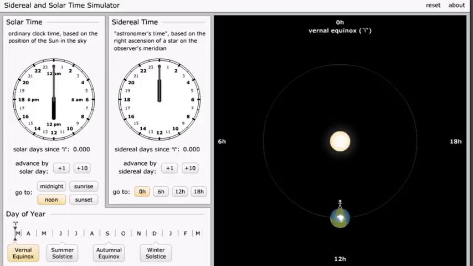This simulation might help us to explain what's going on. We know that in addition to spinning around its axis daily, the Earth also orbits the Sun once a year. Equivalently, if you prefer a stationary Earth, the Sun orbits the Earth once a year, from the point of view of who sees what when. The two are completely equivalent. The Earth orbits the Sun in the same sense in which it spins about its axis, and what that means is that as we see it, the Sun also orbits us in the same sense in which the Earth spins about its axis. In other words, the Sun appears to orbit Earth once a year, moving from west to east